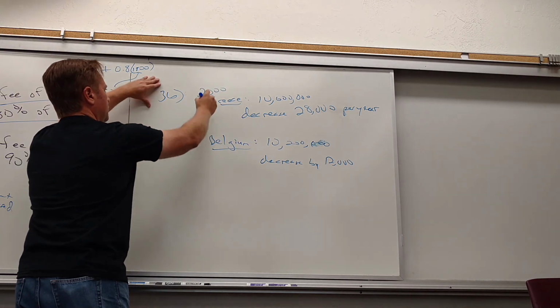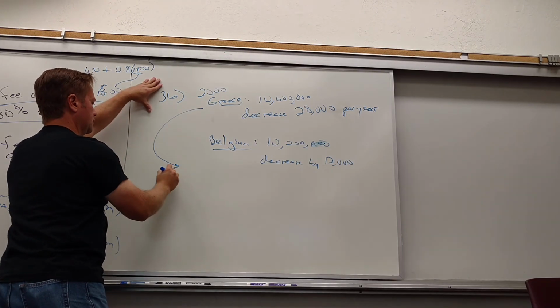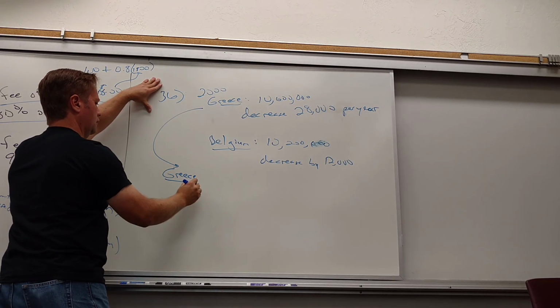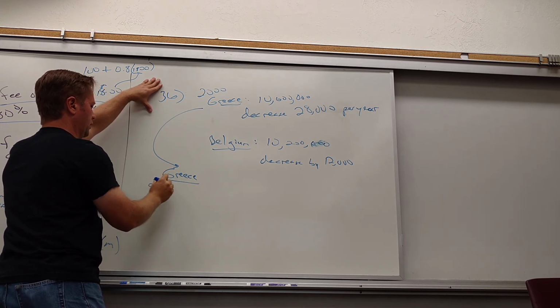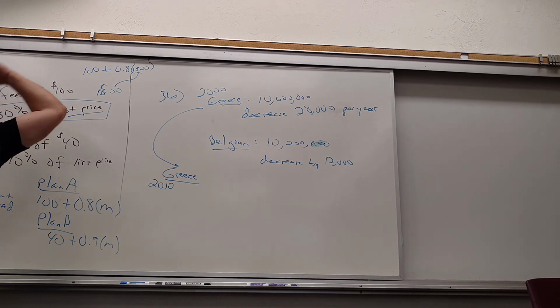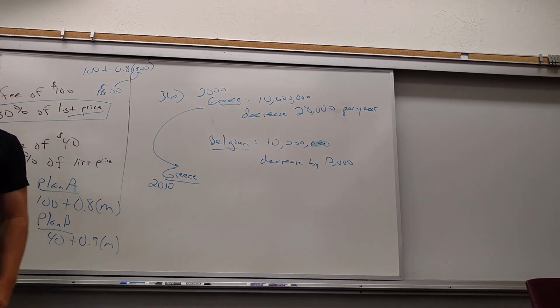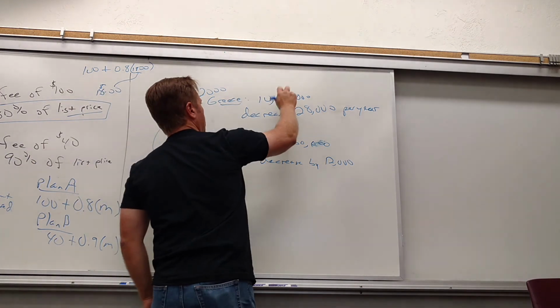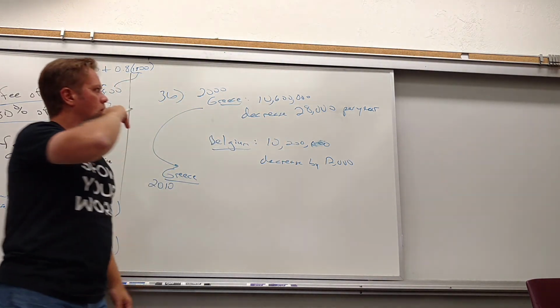So tell me, for Greece, how many people will there be in 2010? How would you figure that out? 10 million minus 28. Sorry. You just